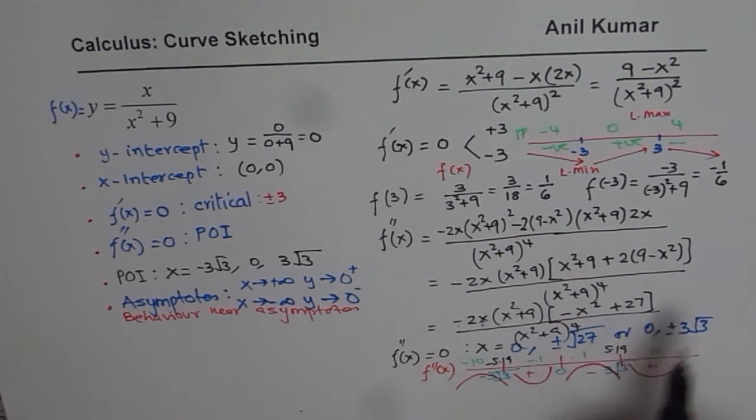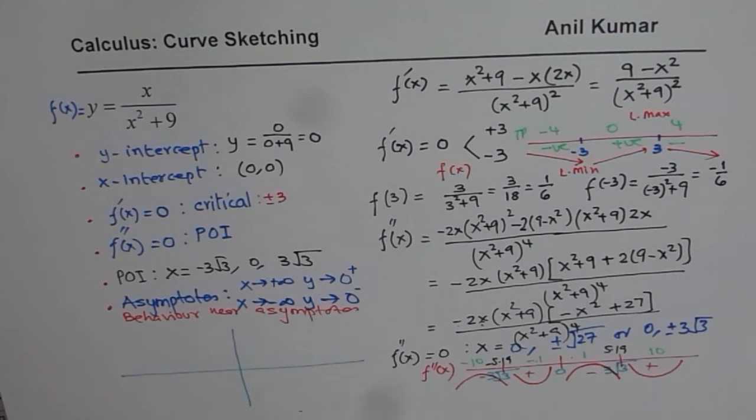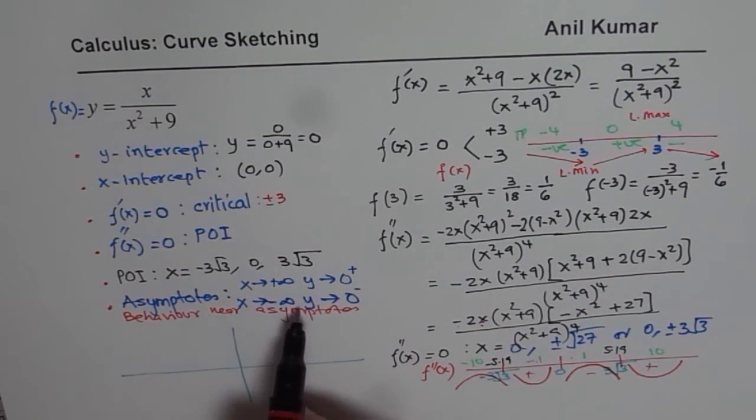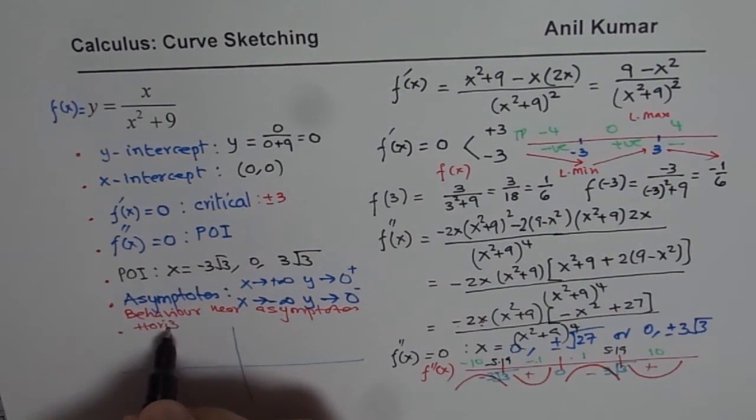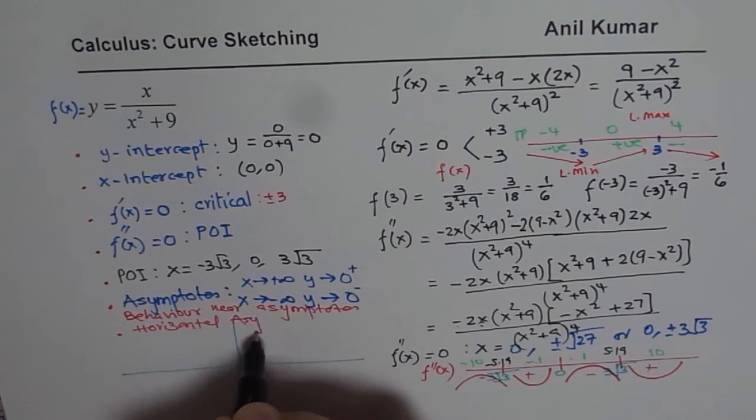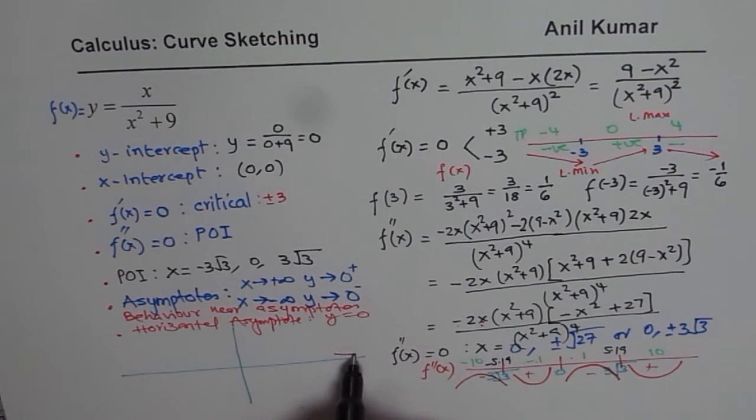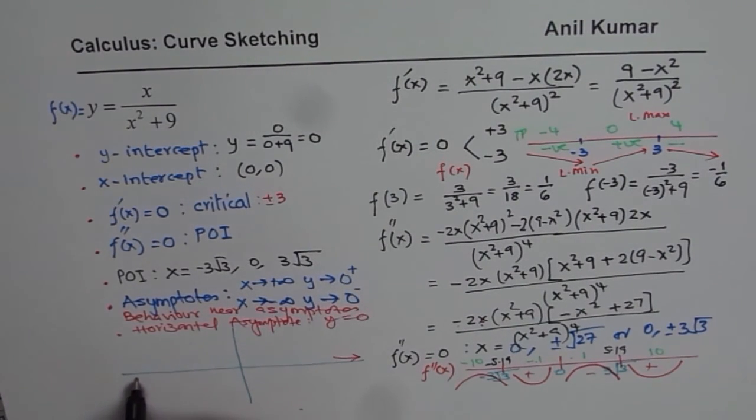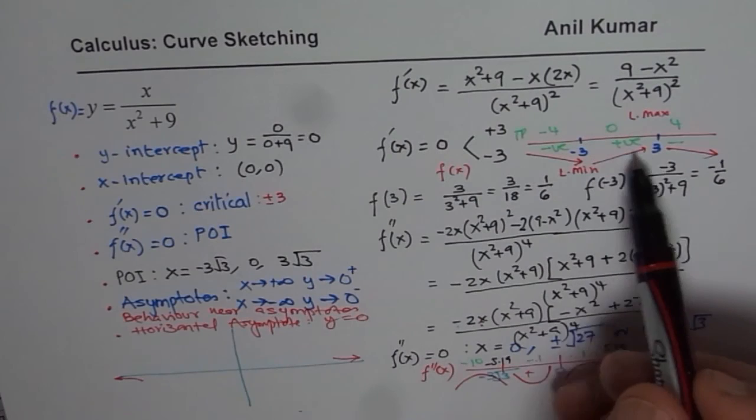Okay, so now from all this we can sketch the function. Now here is the function. What we found basically is that the horizontal asymptote is y equals 0. So let me write here horizontal asymptote, which is indeed y equals 0. However, it is approaching from the positive side when you approach positive infinity, and from the negative side when you approach negative infinity. So that is important. Second, what we found is that the local minimum is at minus 3,